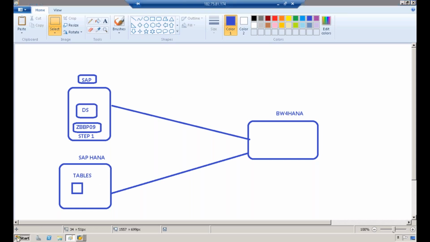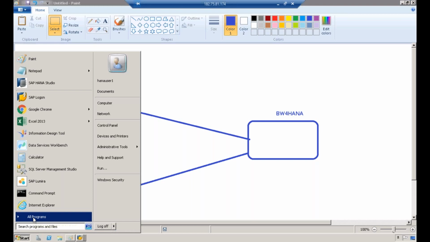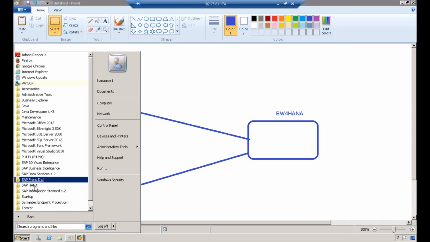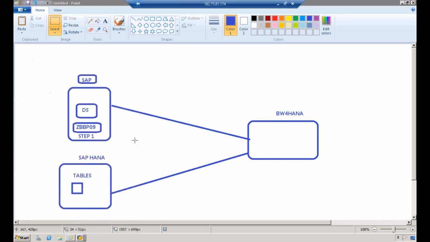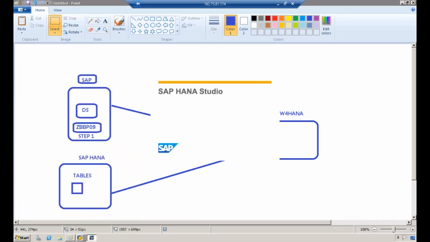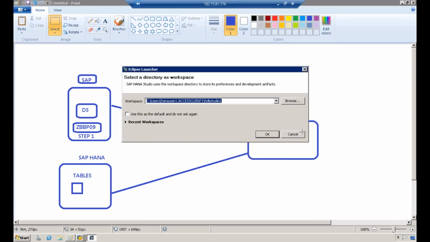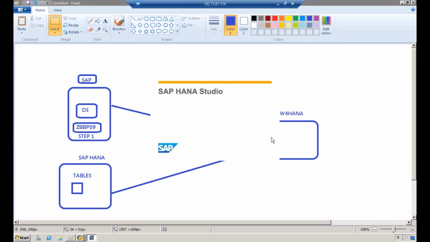Click Start, click All Programs, click SAP HANA, and click on HANA Studio. Once I click on HANA Studio, click OK. Once you click OK,